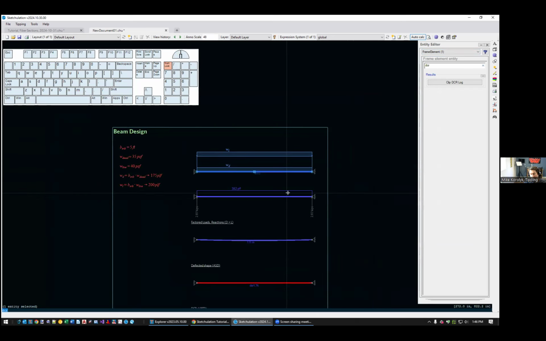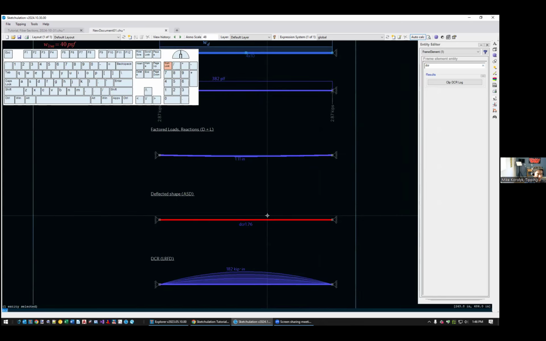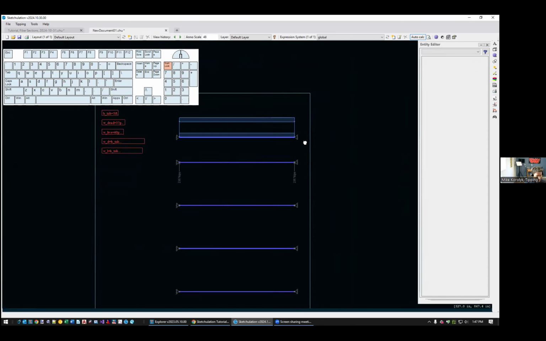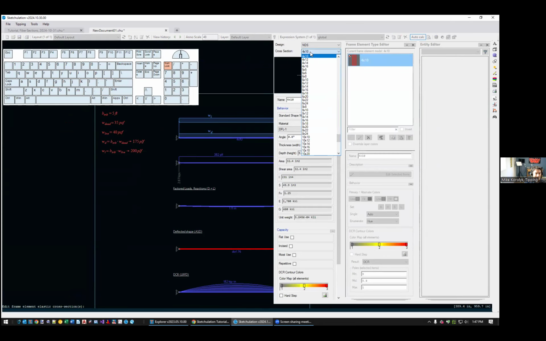Clearly the 4x10 is not working, and I can see it's not working by quite a bit, almost a factor of 2. So then I can go back into my frame element type, and I'm going to guess that I'm not going to be able to get this to work with a 6x10, and I'll probably want to do some sort of PSL, maybe